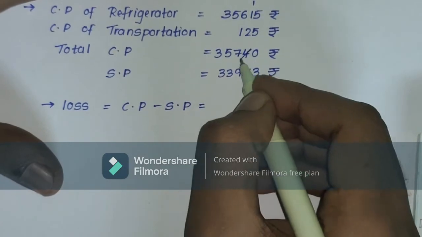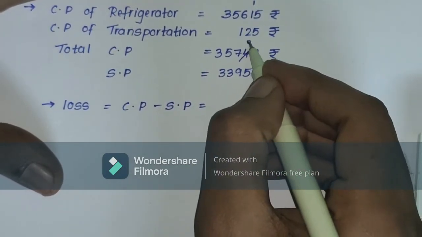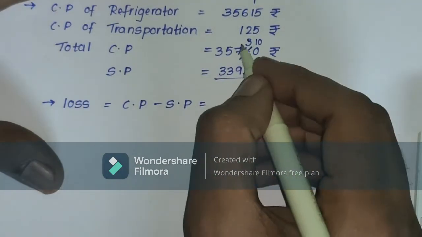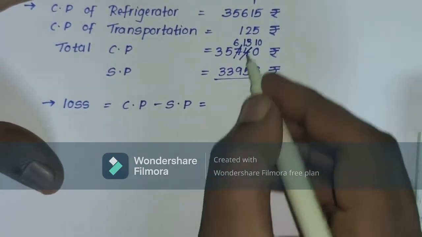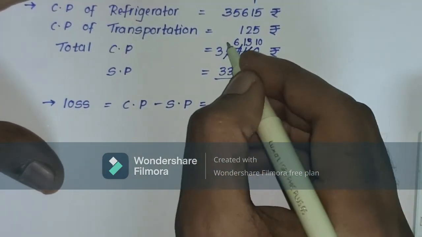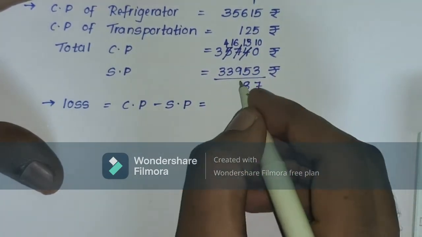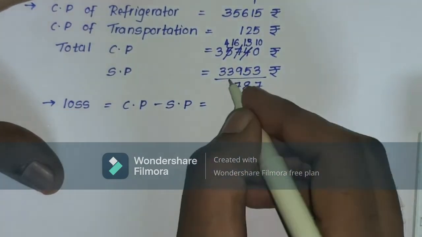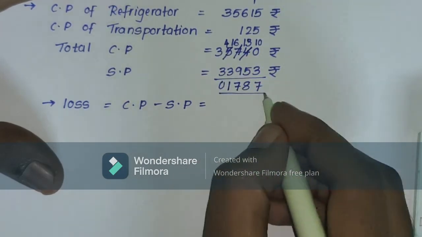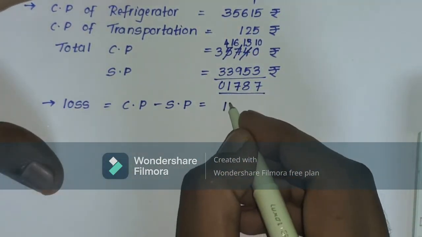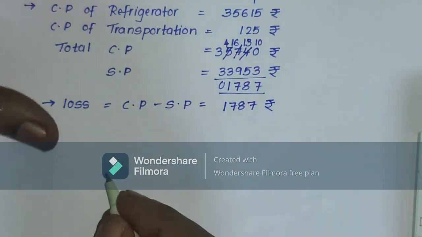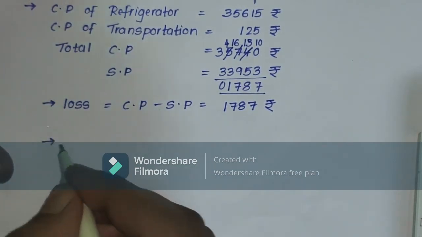So you will say 1 carry from here, this will become 3, this will be 10, right? So 7. Again take a carry, this will be 6, this will be 30. So this will become 8. Again carry, this will become 4, this will be 16. That means 7. Okay. Again 4 minus 3 is 1 and this is 0. That means the loss amount is how much? 1787 rupees. And you know very well, student, how to find out the loss percentage.